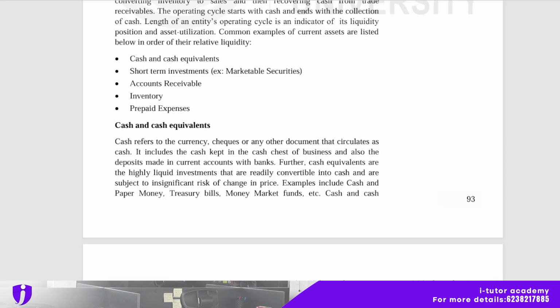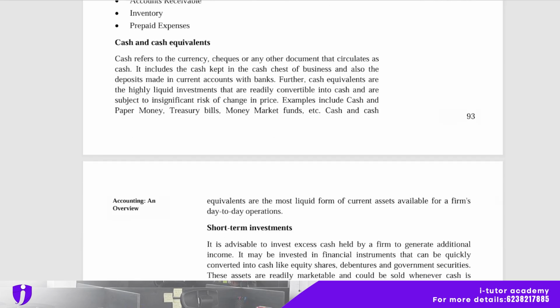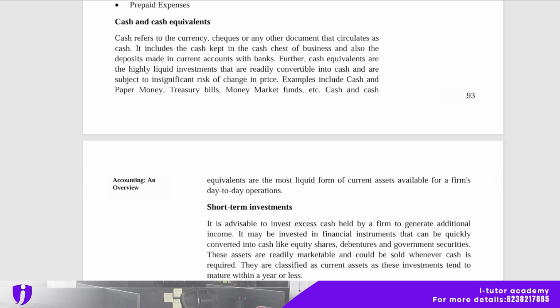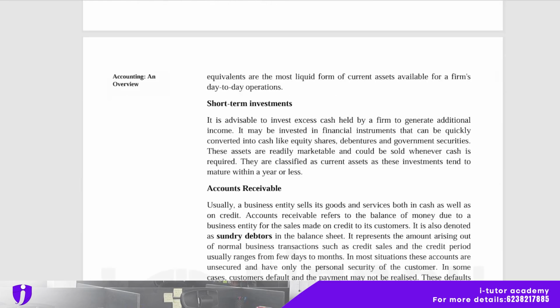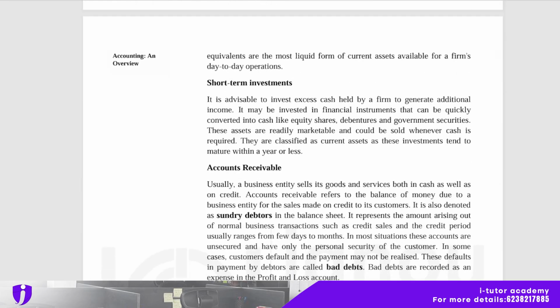Examples include cash and paper money, treasury bills, money market funds, etc. Cash and cash equivalents are the most liquid form of current asset available for a firm's day-to-day operations. And short-term investment. It is advisable to invest excess cash held by a firm to generate additional income. It may be invested in financial instruments that can be quickly converted into cash like equity shares, debentures, and government